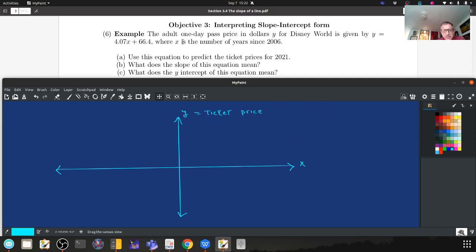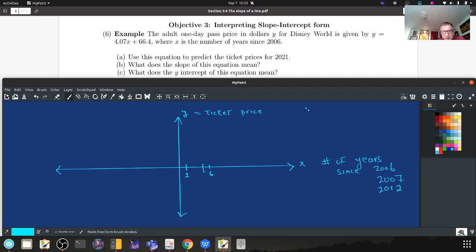What is our x? X is the number of years since 2006. So where would 2007 be on my graph? It would represent 1. Where would 2012 be? It would represent 6. So y is the ticket price,